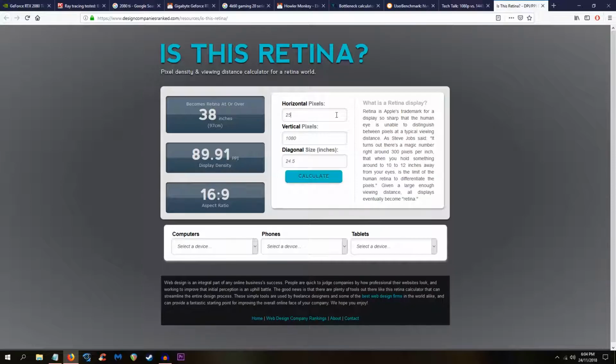Because let's just say we're at 2560 by 1440. You need to be 74 centimeters away to see a difference. Like you need to be closer than 74 centimeters to notice a difference in the individual pixels itself. So for people who are within that 74 centimeters, you're gonna notice the pixel density and stuff like that. But if you're further than 74 centimeters away from the monitor, then it's gonna look really silky smooth, and you're not gonna be able to tell the difference between, well, you're definitely gonna be able to tell the difference between